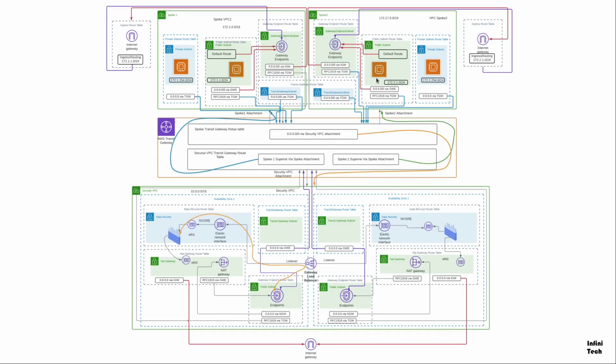The second scenario is for traffic going to the internet. In order for us to efficiently get those instances to talk to the internet without allowing the instances to be publicly accessible, we use the NAT gateway. The NAT gateway, however, is in the security VPC and not the spoke VPC. The reason why is to allow us to efficiently route and inspect the traffic by the security firewall. This also eliminates the need for firewalls in the spoke VPC. Having firewalls in the spoke VPCs would add cost and complexity.